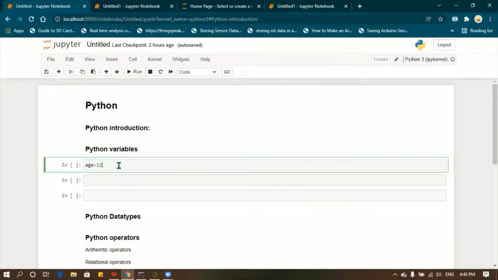Okay, so whenever I need to use this variable, here the variable is age and the value is 12. Whenever I want to use the variable age, I can simply use the name. It will go to our memory and check whether we have that variable stored in our system memory. If it is stored there, it will fetch the value of age from the memory and take it to our program. So this is what our variables do.